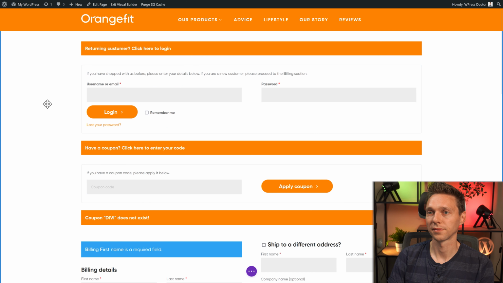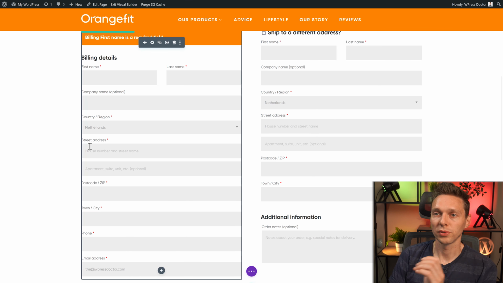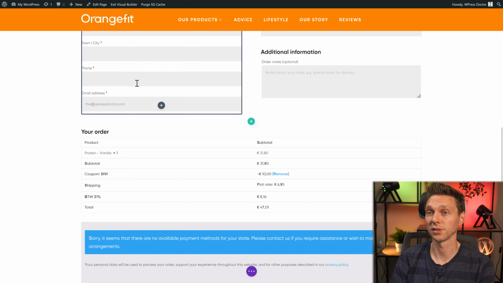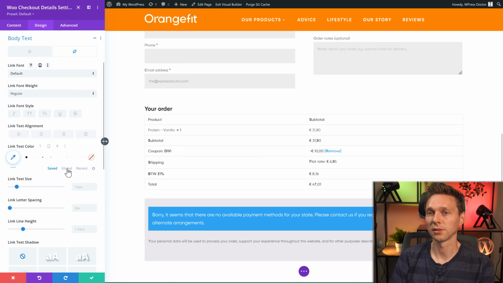This looks excellent. Then we go to this field. We're also gonna change this one. The form notice background color should be orange, and the text color should be white, and then the font should be bold. Okay. Then if you want to remove some of these fields, there are very good plugins for that. We're not going to do this in this tutorial, but you can, however, change all these fields. Then we have to style this one to make the remove. I want it to be orange, and the rest is great.